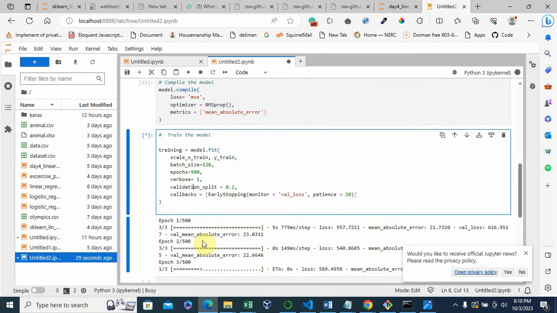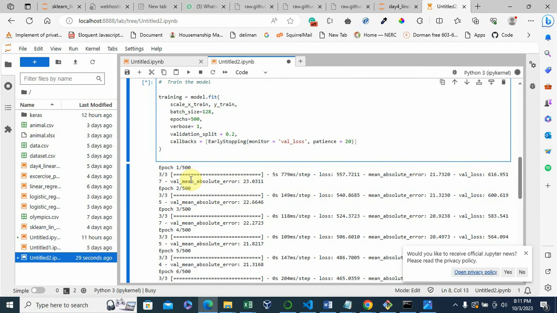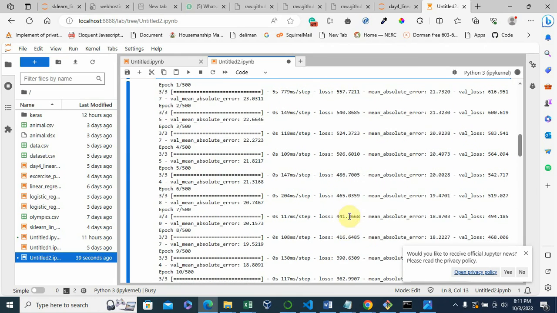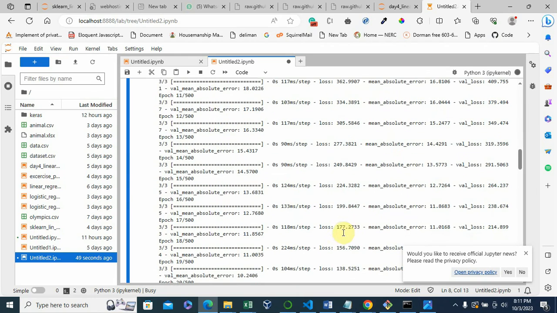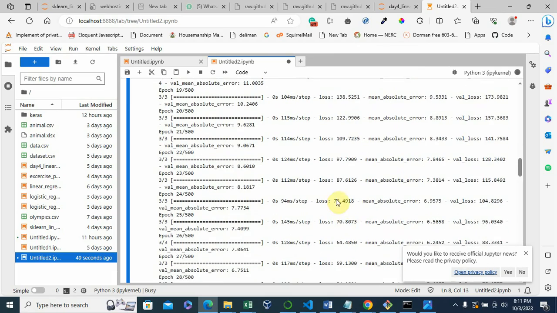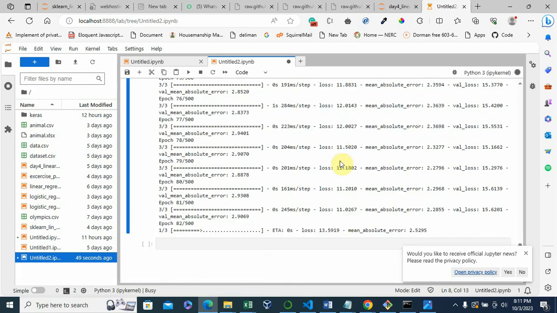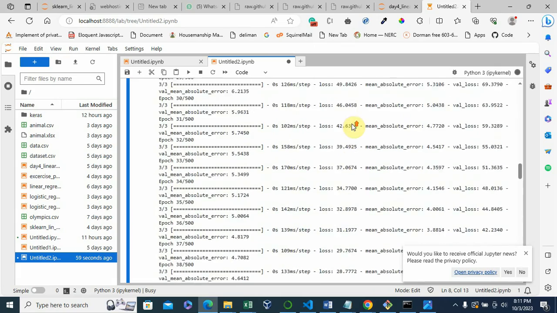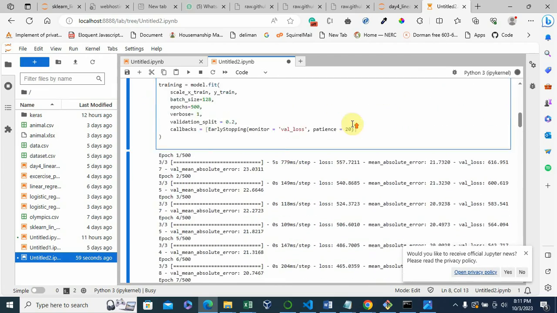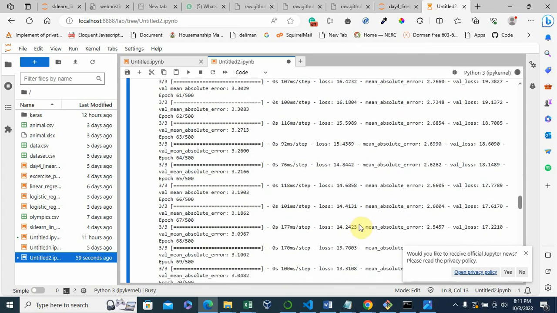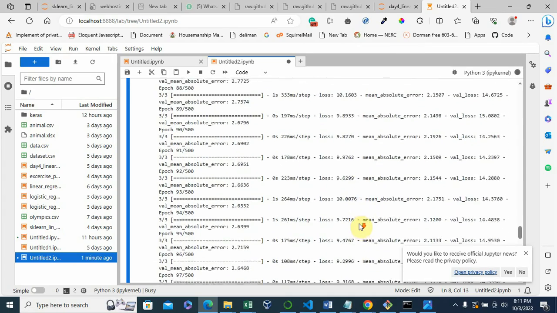Yeah, so it logs it and it trains, it learns well, and it logs pretty much the process. So mean absolute error is this, value loss is this, the loss function is this. The loss function is reducing as it's moving down. The loss function started at almost 500 or 600, 557, and kept reducing.